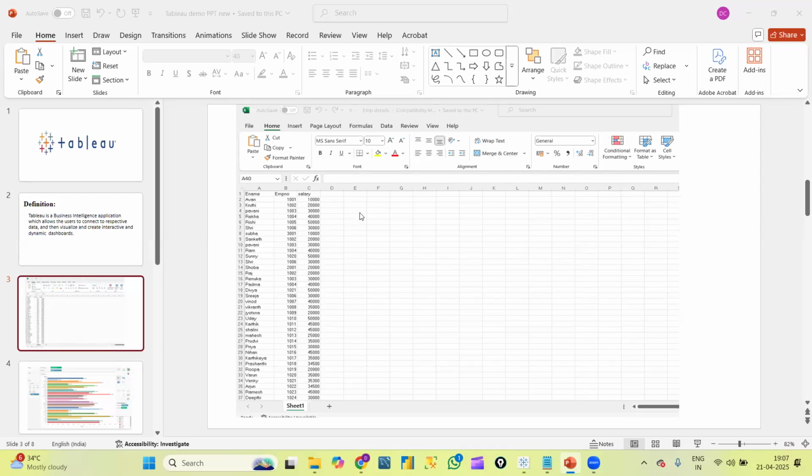But this picture shows only 37 rows. If we have thousands and thousands of rows,